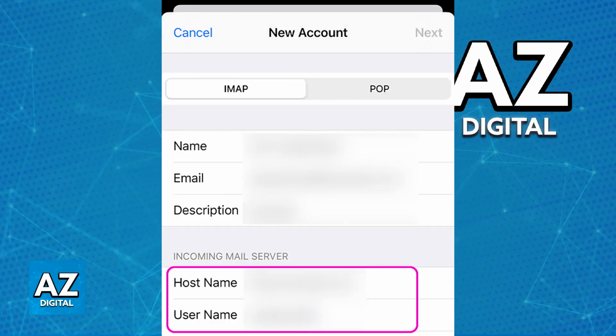However, if you want to do additional setup, once you proceed, you will be able to do the server selection, either between IMAP or POP. So choose the server type that you want to use for your email. IMAP allows you to access and manage your emails from any device, keeping them synced across devices. This is the recommended option for most users, while POP downloads the email to your device, and they are typically deleted from the server. Choose whichever one you prefer, do your own research, and regardless of which one you choose, you will have further options to customize them, to enter the host address, and so on.